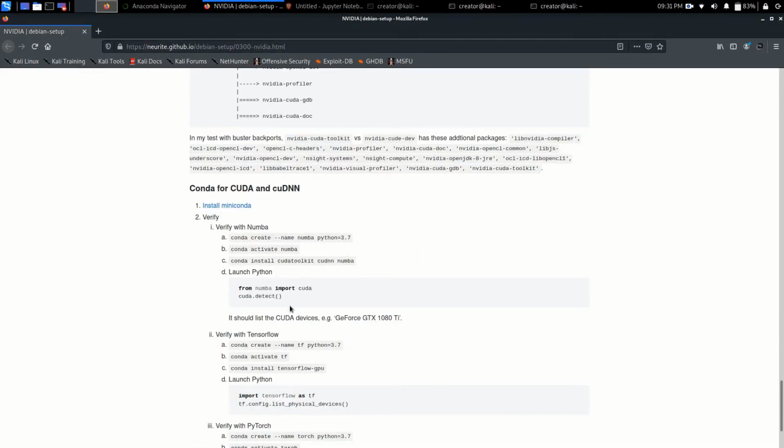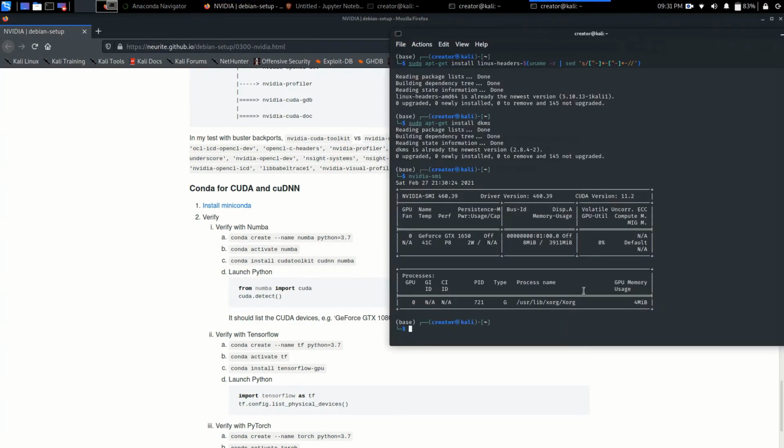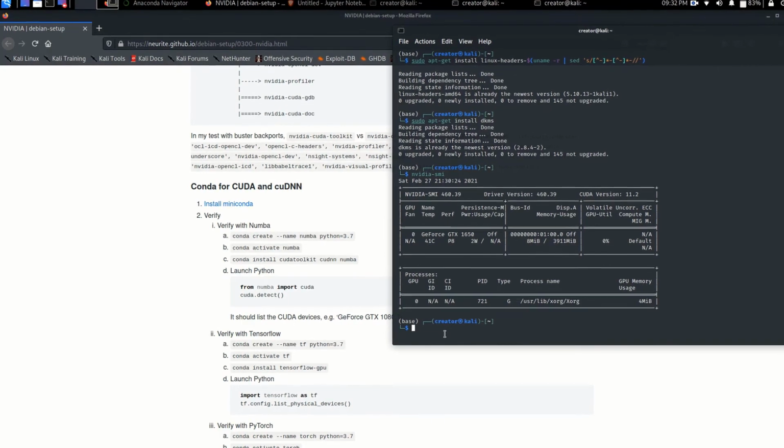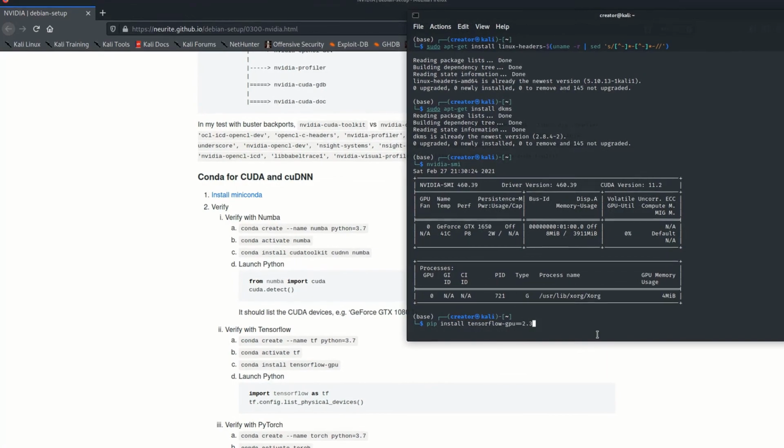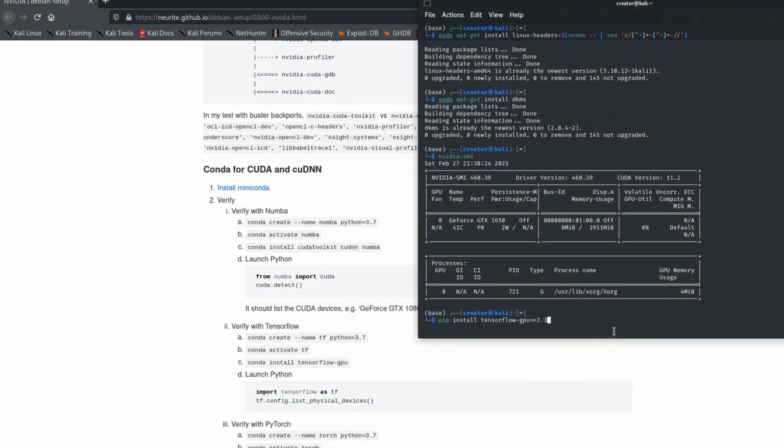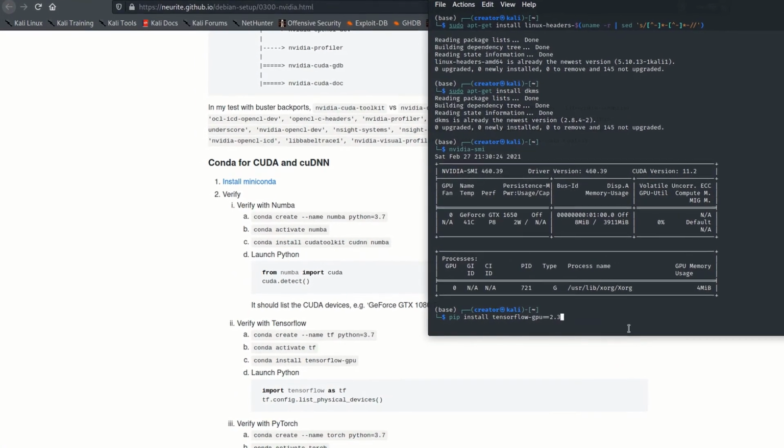So everything is fixed. Now we need to install the TensorFlow GPU version in order to make everything work smoothly. For that you need to be inside your environment. Here you can see that I am already inside my base Anaconda environment. And then what you need to do is write pip install tensorflow-gpu. We also have to specify the version. So let me first write the command. Here you can see the TensorFlow GPU version that we are going to use is 2.3.